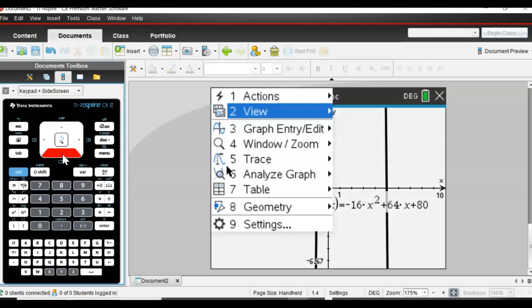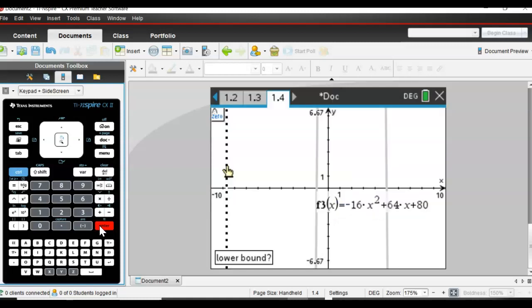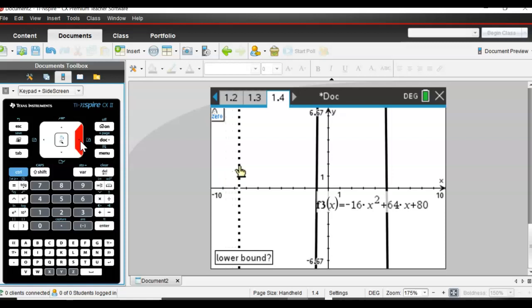I'm going to scroll all the way down to Analyze Graph. And think about it, guys. What's another word for x-intercept? Hopefully I'll remember, 0. 0 is another term for x-intercept. So I'm going to hit enter for 0, and it's going to ask me to do the same thing. I need my lower bound and my upper bound. For this question, look at my calculator. I'm going to use,